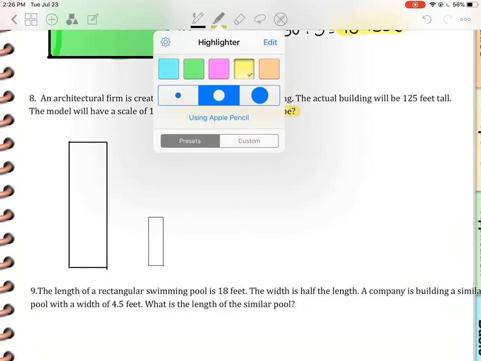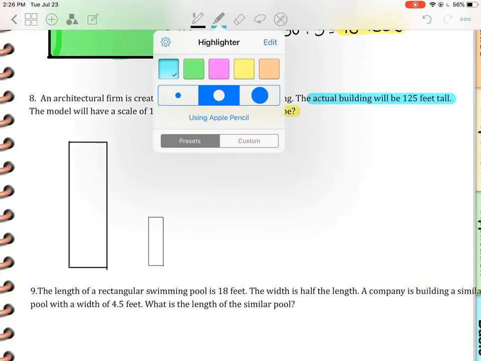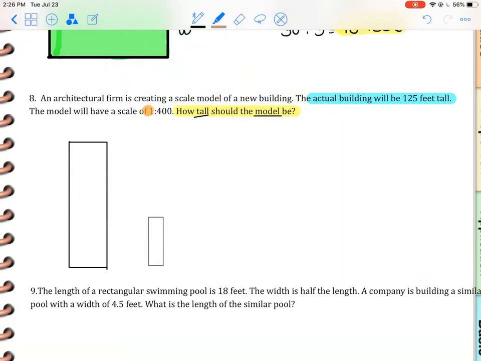And then I back up and start reading for information. The actual building is 125 feet tall. The scale is 1 to 400. That's all I need. I need to know that the actual building is 125 feet. And I need to know that mama is 400 times the baby. Baby's 1 and mama's 400. And we need to know